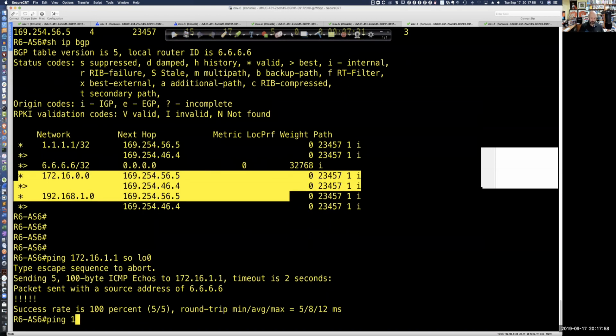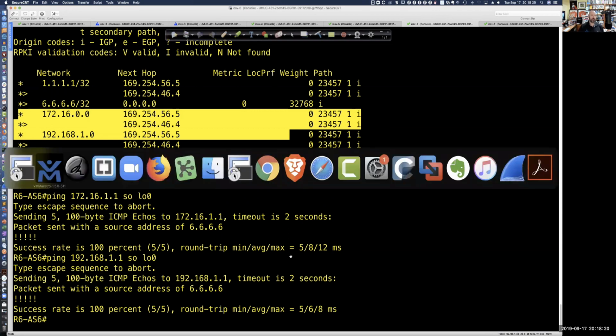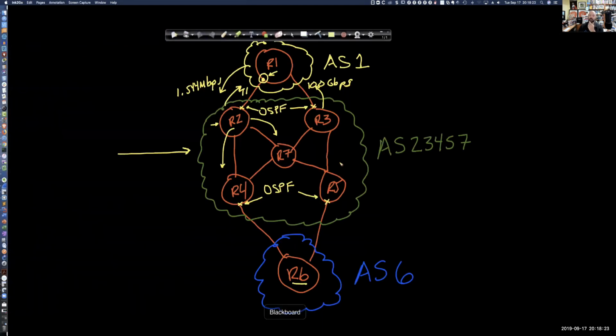How about 192.168.1.1? Source it from a loopback address, right? Remember, I got to source it from an address that router 1 and all the intervening routers know how to get to. And my loopback, because I advertised that out into BGP, they know how to get to that address, right? And so when we take a step back and we look at the network, and it's actually probably better to look at it here, we can see that we did the advertisements up here on router 1,